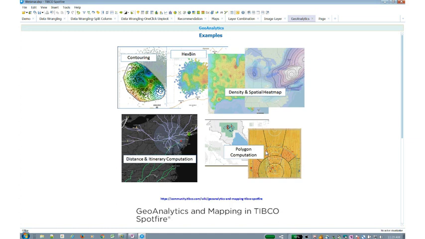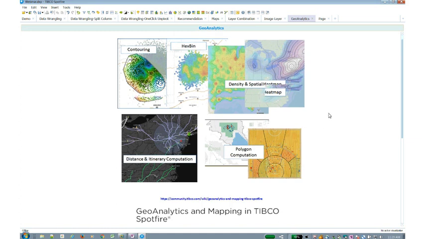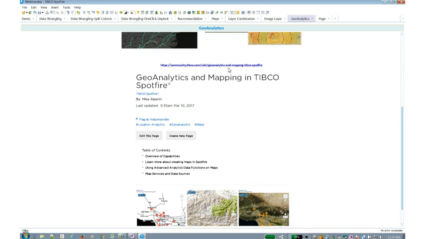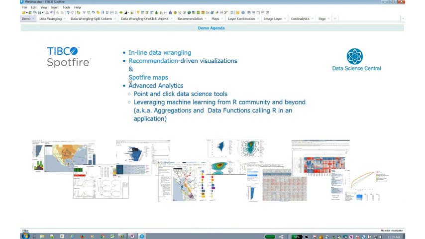And we have a lot of these examples on our community, so please feel free to go look at a lot of these examples that I'm showing here. And with that, at least, I've covered some very simple and easy way to interact with the data. I've shown you some very quick and easy way to drag data in and start creating visualizations using some of the recommended visualizations, and then, of course, how we can leverage Spotfire Maps in your analysis. So with that, I'll go ahead and stop here and hand it over to Lou to talk a little bit more about how we can leverage the advanced analytics part.